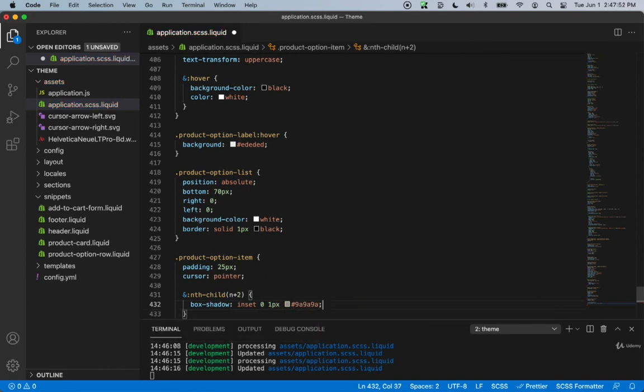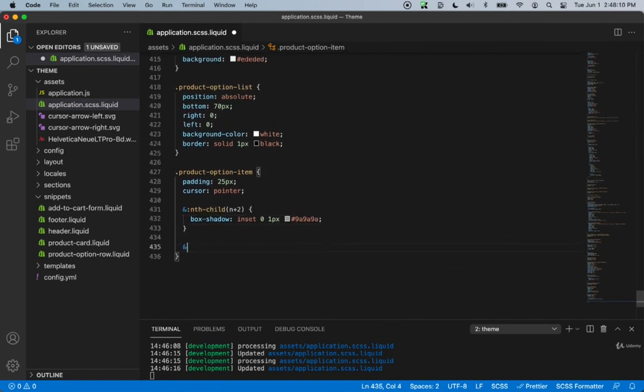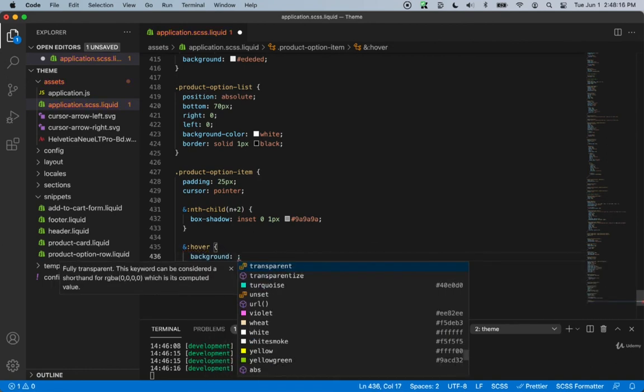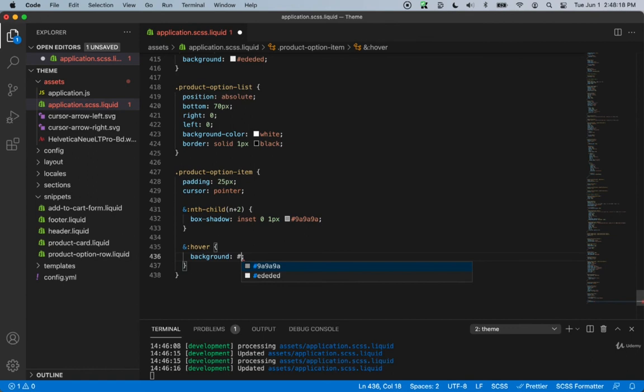And what this does is, instead of using a border, we're basically creating a very small box shadow that can be made to be much thinner than a border. And then over here as well, we can say ampersand and hover and say that we want the background color to be the same as the other ones. So let's hit save there